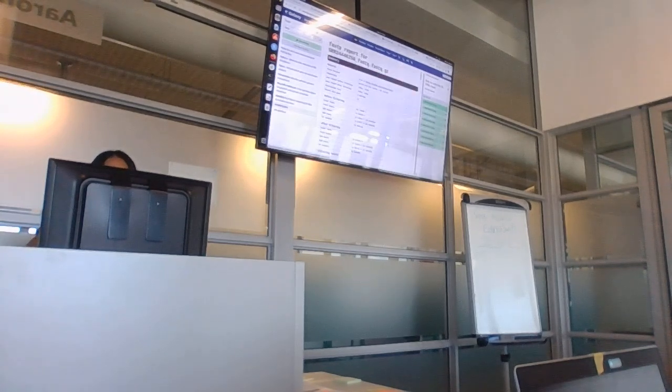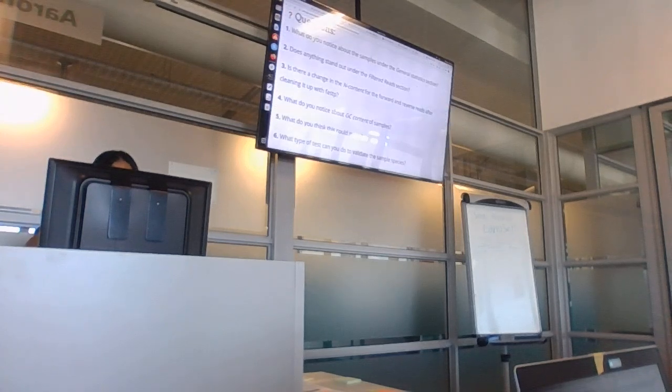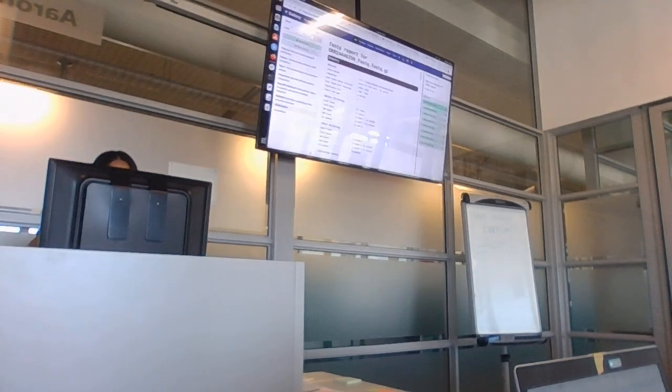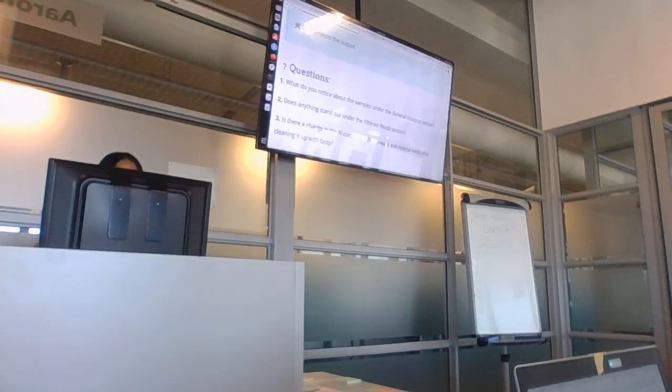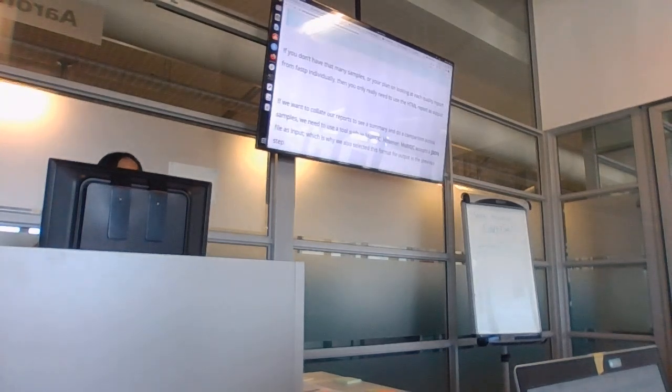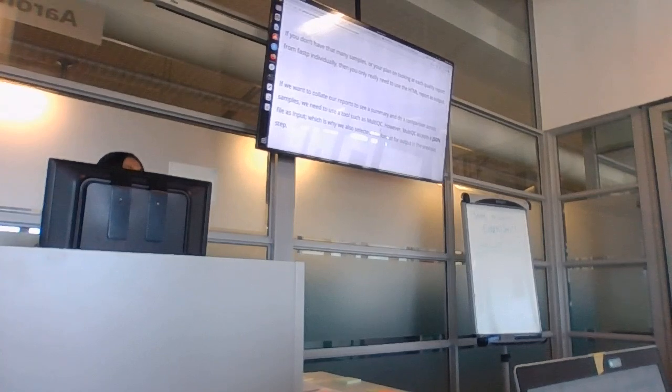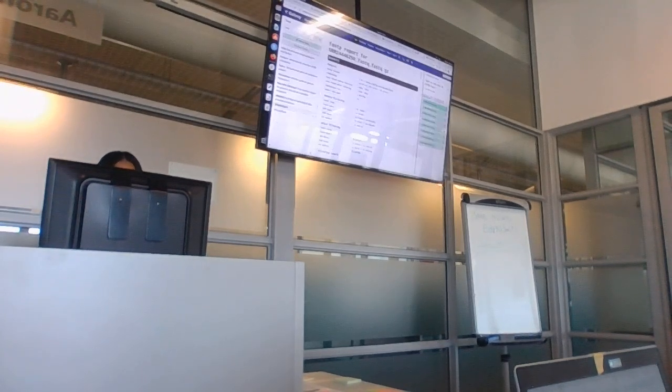Okay? My question here is, what do you notice about the samples under the general statistics section, etc.? Now, I'm asking about the samples, but this is individual, so you can either look at these samples individually and answer that question, or you could run MultiQC that will group all of these together so that you have a summary or an overview of all of the samples together. So go to Galaxy again,